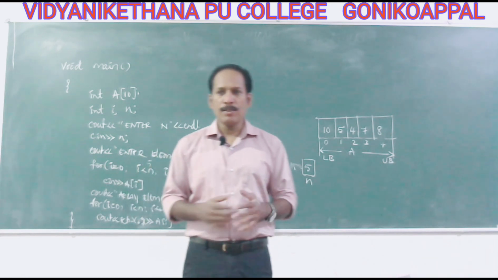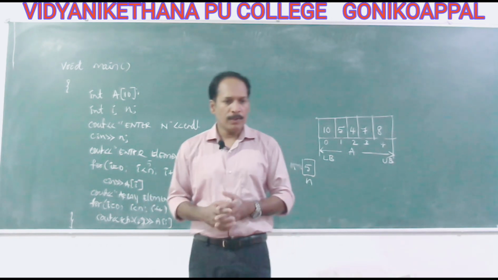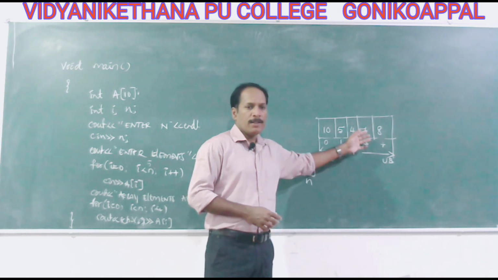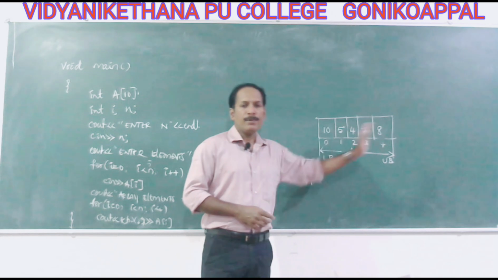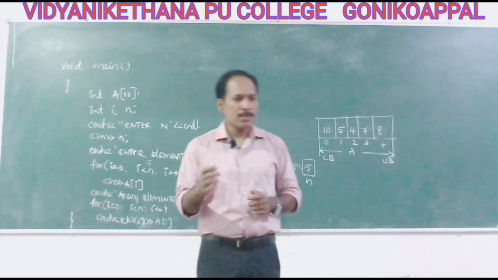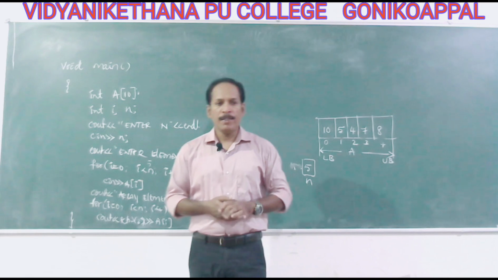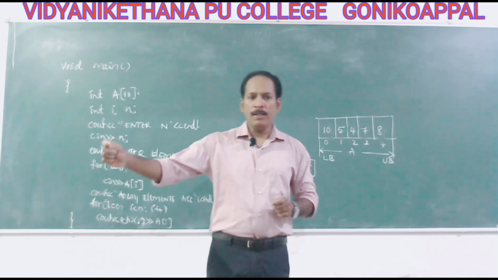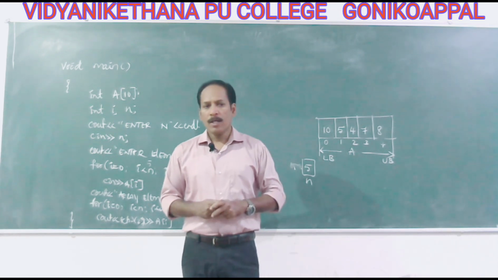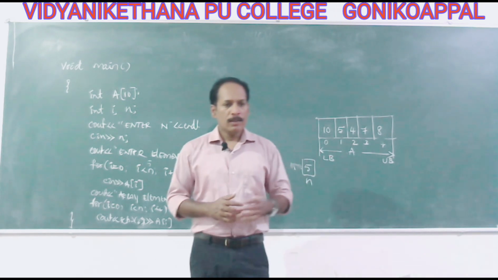So what is a linear search? It's a process of identifying the element from beginning to end, one after the other. We take the first element and compare it with the element to be searched. Then we go to the second element, then the third, the fourth. Starting from the first element to the last element, we keep comparing whether the element is present or not. If it matches, the search is successful. We note down the position and display that the element is found. Otherwise, we compare all the elements of the array, and the element is not present. So we say the search is unsuccessful. This is what we do in a linear search operation.